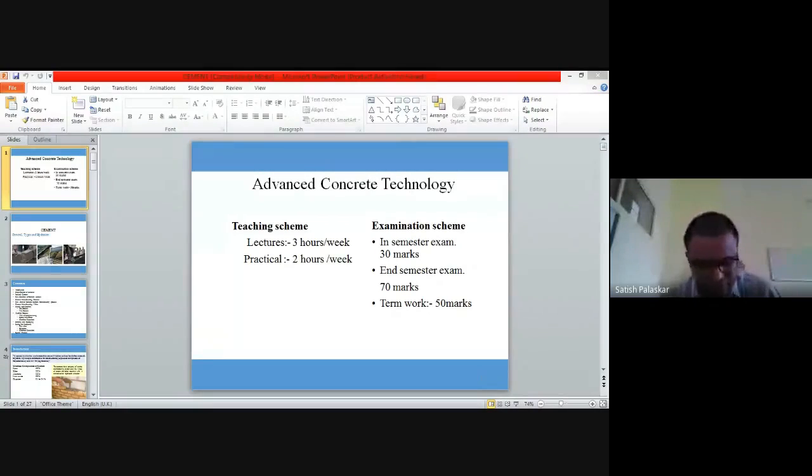Then next is any one experiment on topics related to NDT, non-destructive testing. Either we will use the rebound hammer test, or the ultrasonic pulse velocity UPV test, or different microscopic examination of the concrete. Microscopic examination means the sample is taken under a microscope, where it is zoomed about 10,000 times, and then the ingredients or the structure of the concrete are studied.